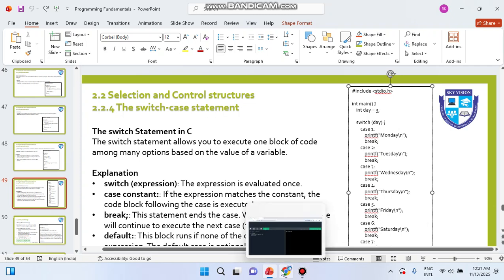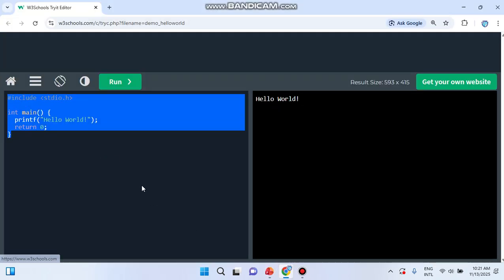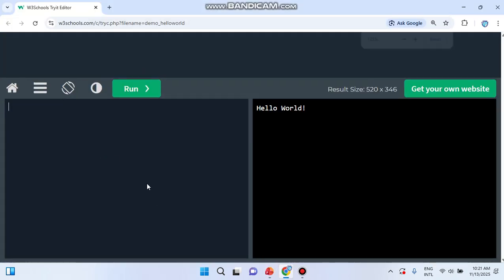So this is the way we can make it. Let's go to the practical part also. Let me remove all this and increase the size of the code editor. I went back to the C programming online compiler. Then I'm writing the first line, that is called hash include, greater than and less than, and inside of that you can write